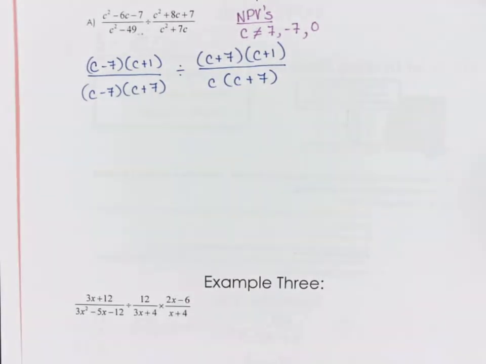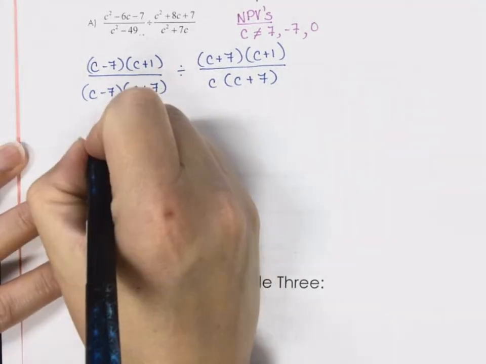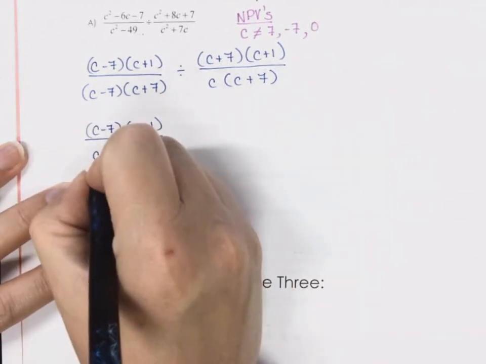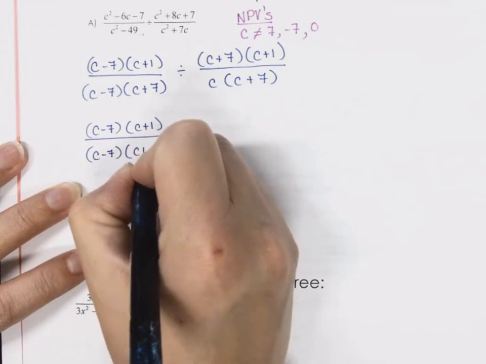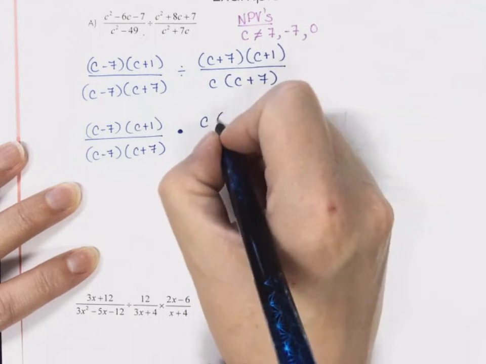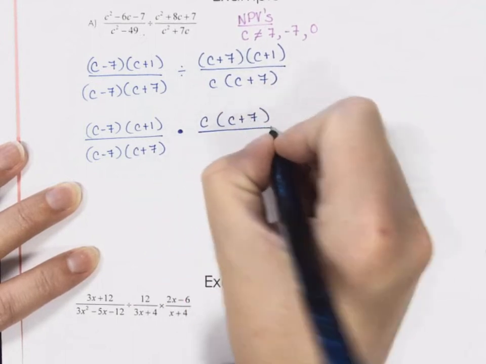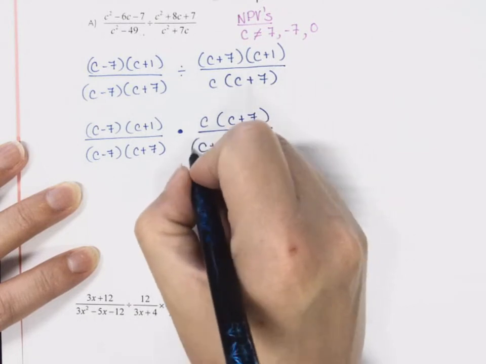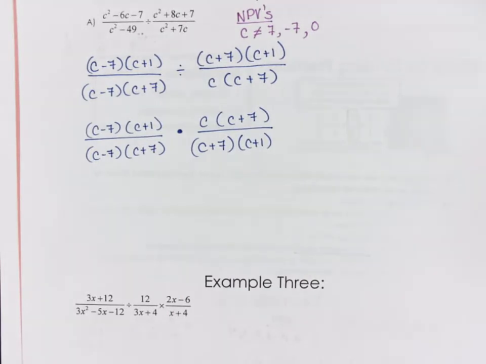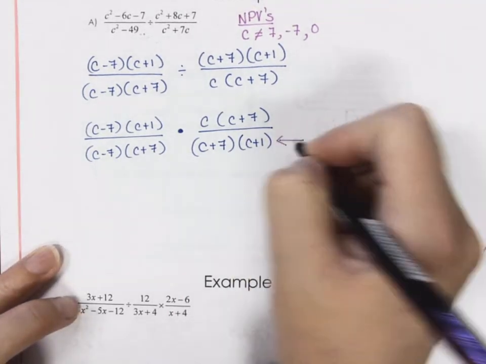All right, so now, before we start canceling stuff out or simplifying stuff, what do we have to do with division? We got to do the reciprocal of the second one, okay? So keep the first one. Change that to a multiply, and now we're going to flip it. Okay. We now have